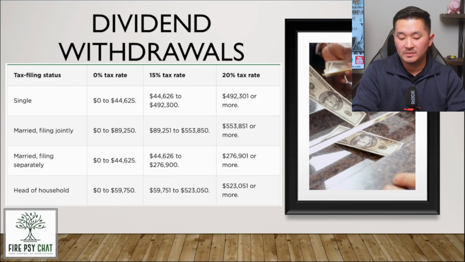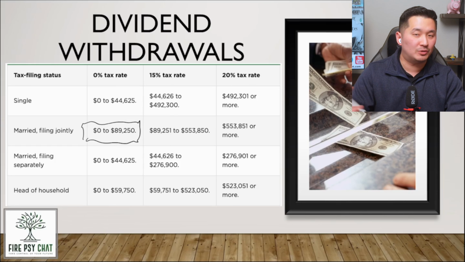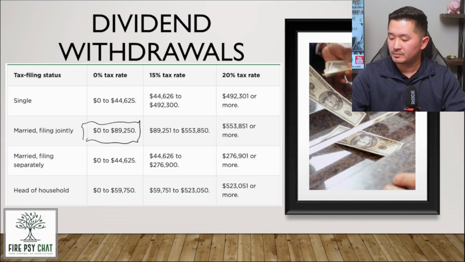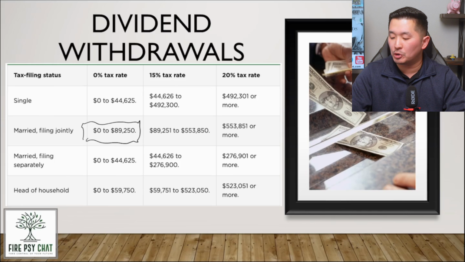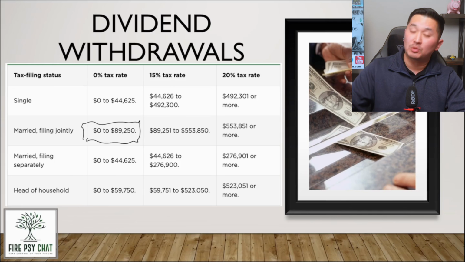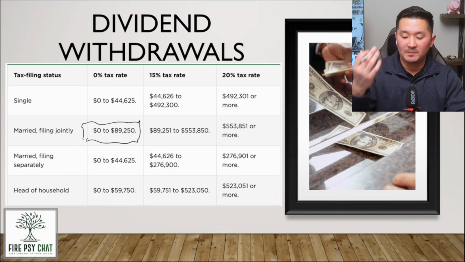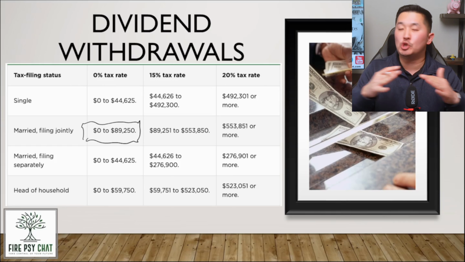So this $89,250, where do you think that's going to be in 8 or 9 years, right? In 10 years, in 15 years? It's going to be a lot higher, right? Because of inflation. So these dollars will probably go up to $100,000 or $110,000 for the 0% capital gains tax rate. That's what I'm saving for. And I know that I'm not going to have an active income, so I'm going to bank on that 0% capital gains tax rate.